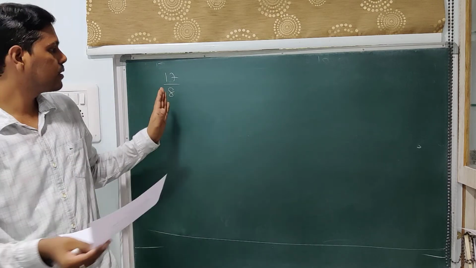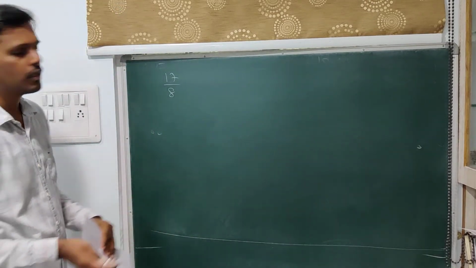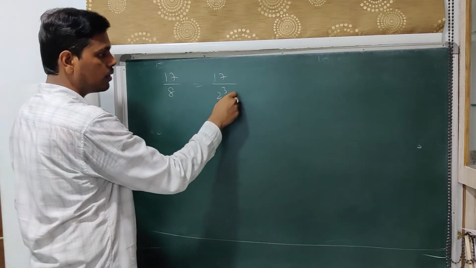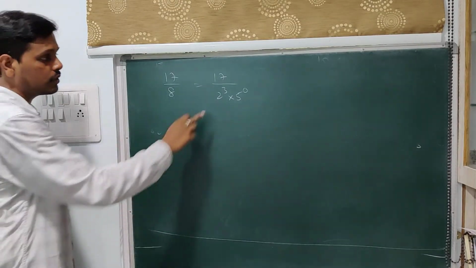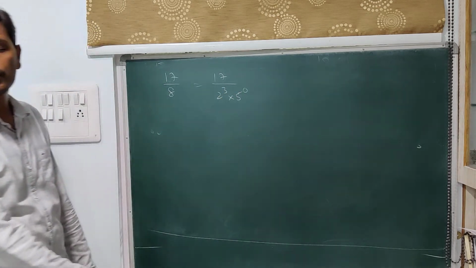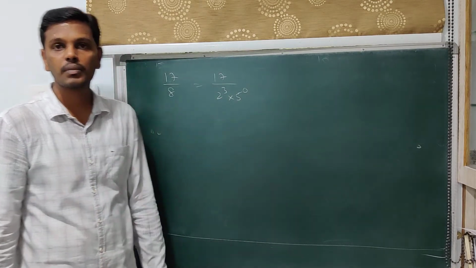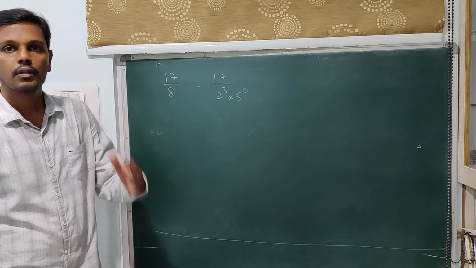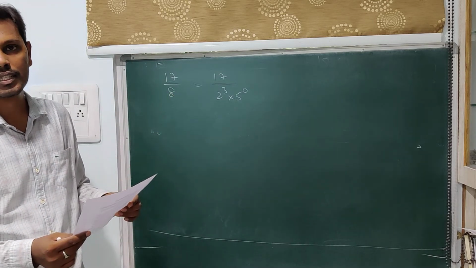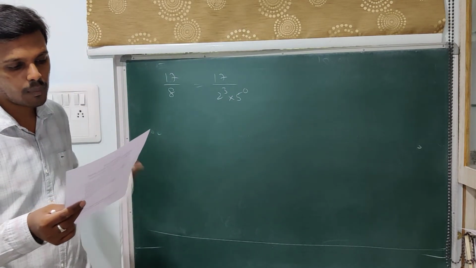So we have to identify whether this is a terminating decimal or a non-terminating repeating decimal. That you can do by doing the prime factorization of the denominator. So if you do the prime factorization of the denominator, it is 2 cube. Now 2 cube you can also write as 2 cube into 5 power 0. Now the prime factorization of the denominator is of the form 2 power m into 5 power n. If the prime factorization is of such form, then you can conclude as per the theorem that it is a terminating decimal expansion. That is the first part of the question, whether it is a terminating decimal or a non-terminating repeating decimal.